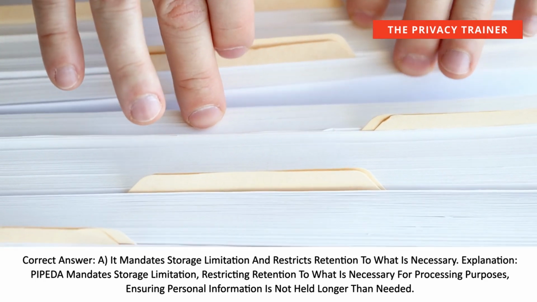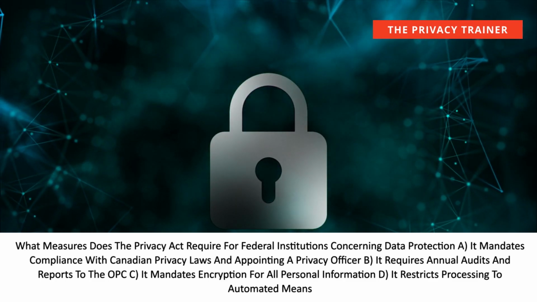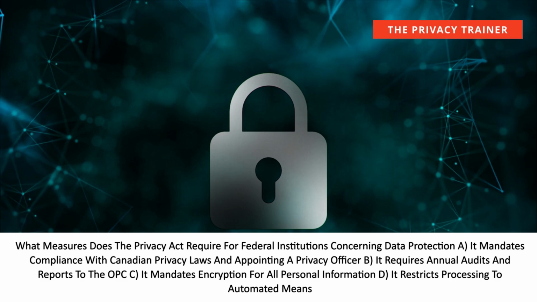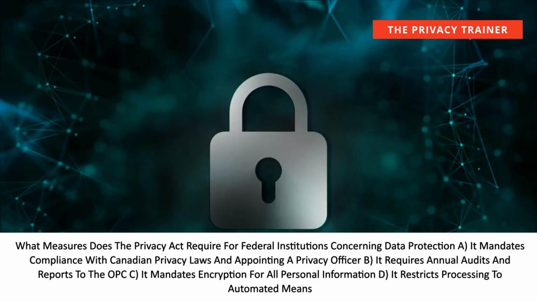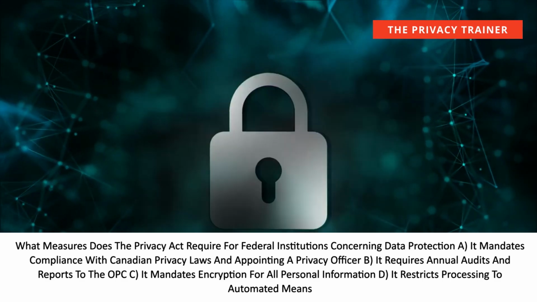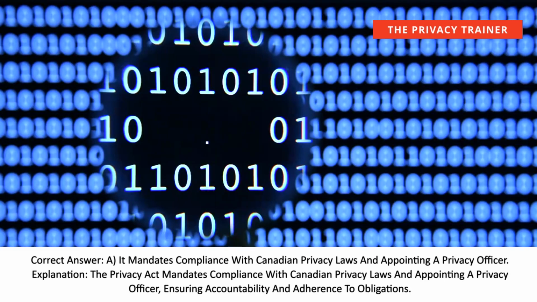longer than needed. What measures does the Privacy Act require for federal institutions concerning data protection? A. It mandates compliance with Canadian privacy laws and appointing a privacy officer. B. It requires annual audits and reports to the OPCC. C. It mandates encryption for all personal information. D. It restricts processing to automated means. Correct answer. A. It mandates compliance with Canadian privacy laws and appointing a privacy officer. Explanation. The Privacy Act mandates compliance with Canadian privacy laws and appointing a privacy officer, ensuring accountability and adherence to